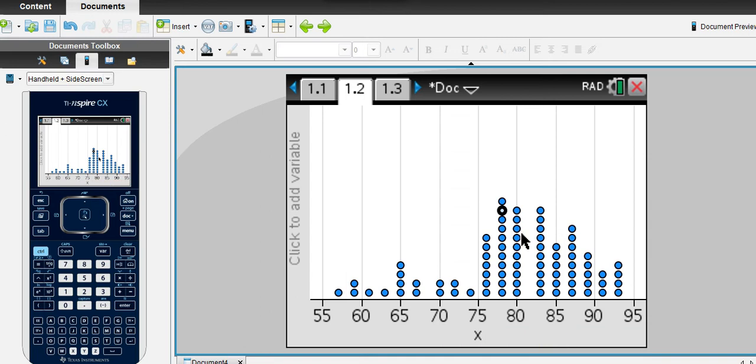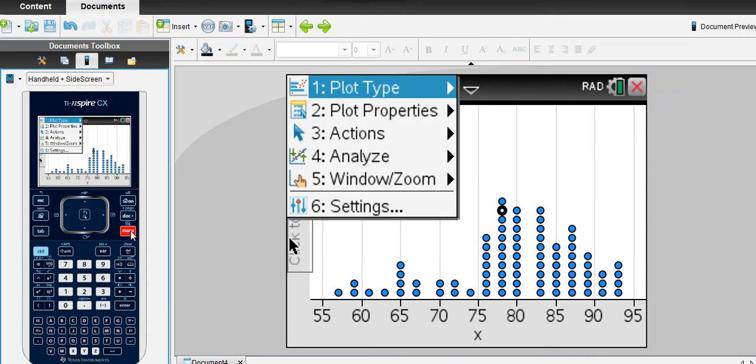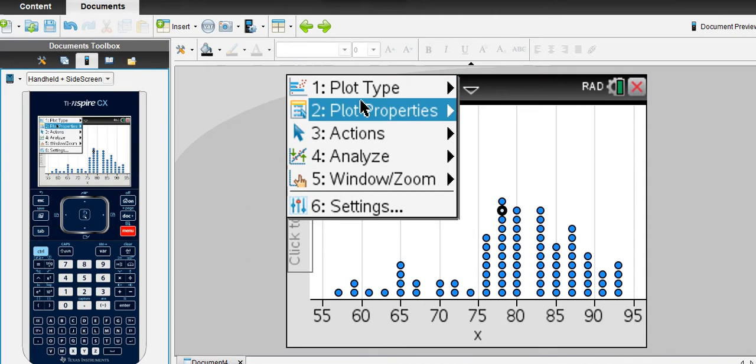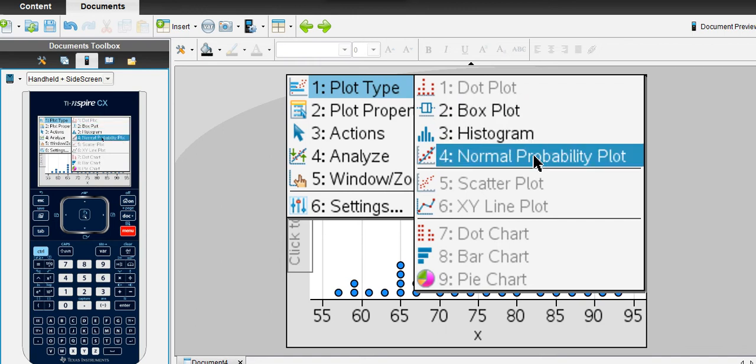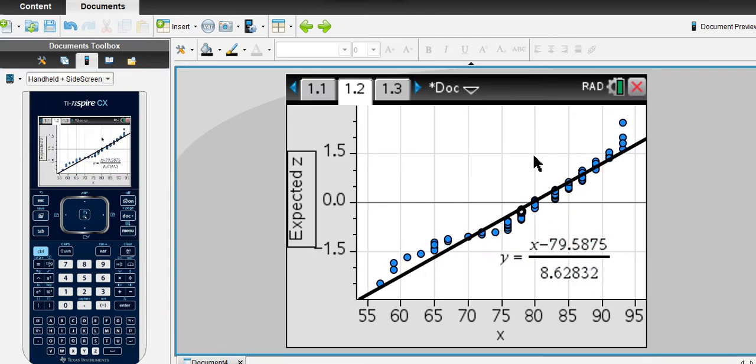Now, to make a normal probability plot, you're going to click menu. You see menu. And then you see plot type, number 1. Plot type number 1. And you go all the way and click normal probability plot. When you click the normal probability plot, all the dots will then go around the line.